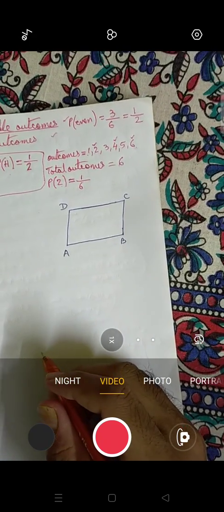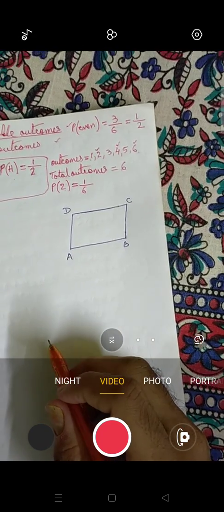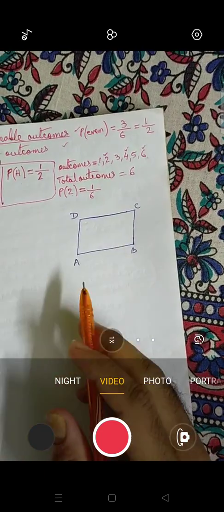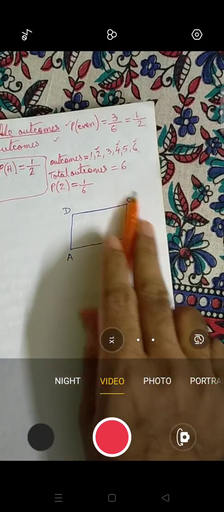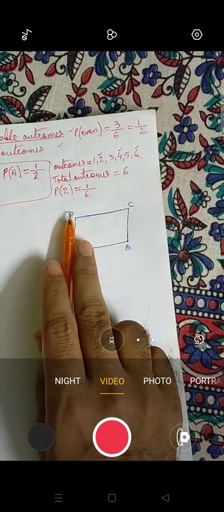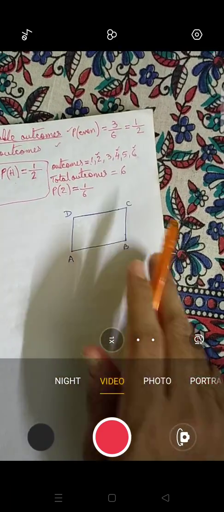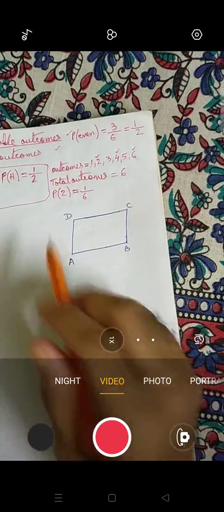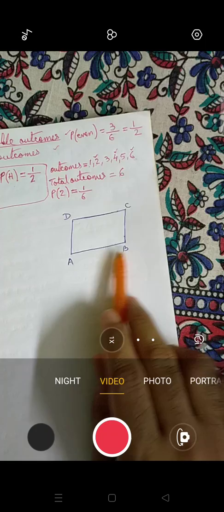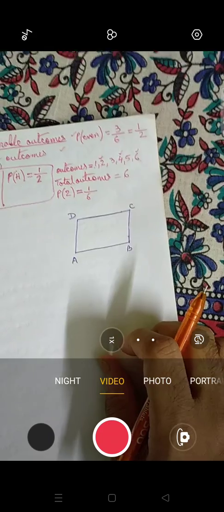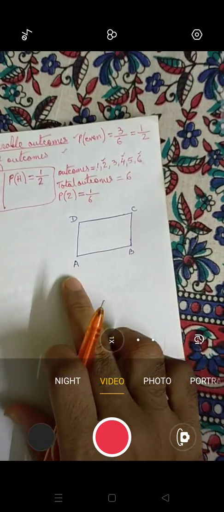Now here the first coordinate I'll be taking as A, and remember that whenever you are taking the vertices, it has to be in order. Order means from one side to the other. If you are taking here A, then B, C, D. Your choice how you want to take. So this A, B, C and D, they are going this way. You will never take A, B, C, D the other way. If you take this way, that is not order, and you will make a mistake. So this has been given in order, so we will write it the same way.